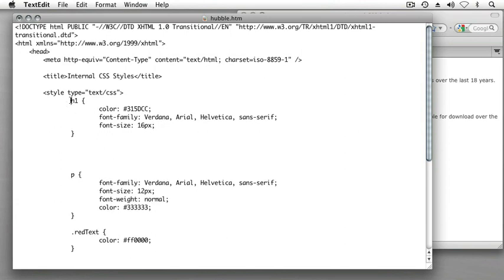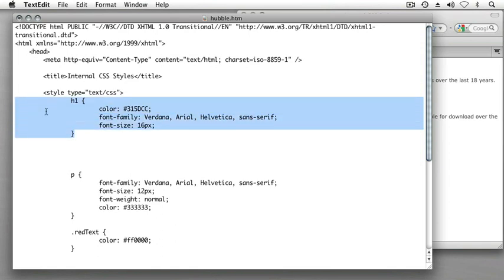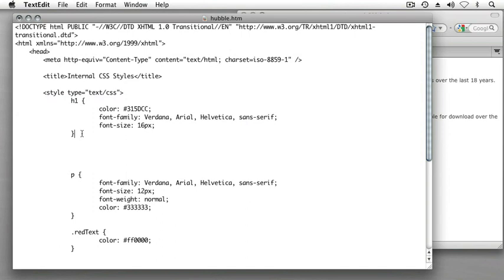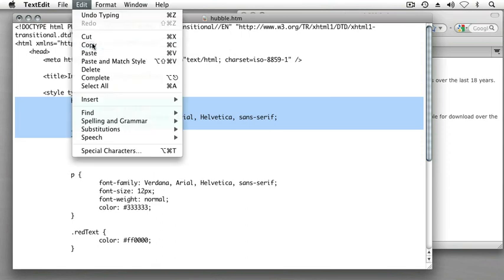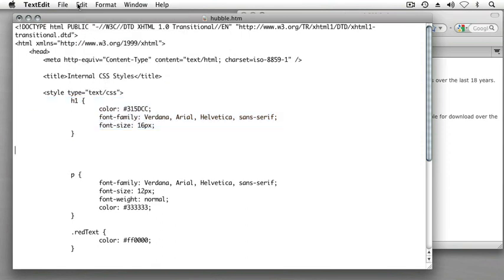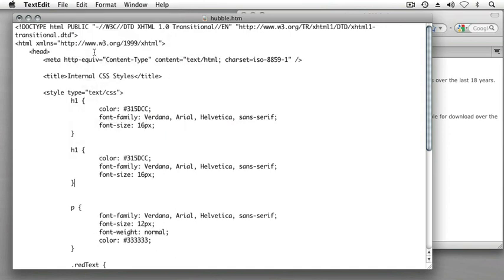Now I know that that rule is going to look very much like the rules for H1, so I might copy by clicking after the closing curly bracket and holding down my left mouse button and selecting a range of text, that range being everything from my H1 selector to the closing curly bracket after my CSS rules for this selector, and from the Edit menu copy that into memory, and then paste that into the document again